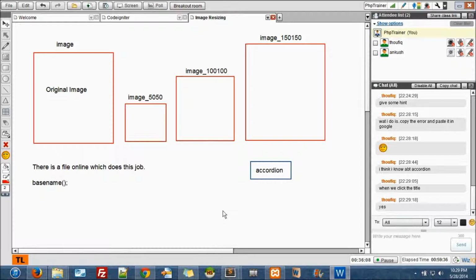So there will be some cases where you are supposed to know about the terms. That comes from seniors. So accordion, carousel, the front end words. When you don't know what image resize is, you can't search for image resize.